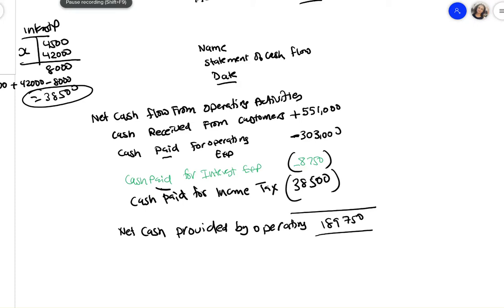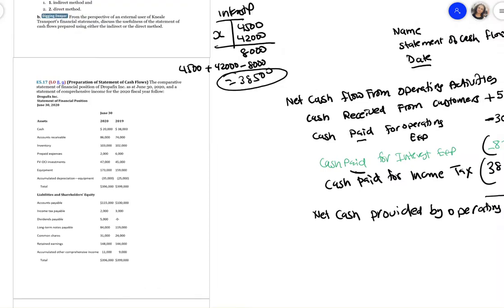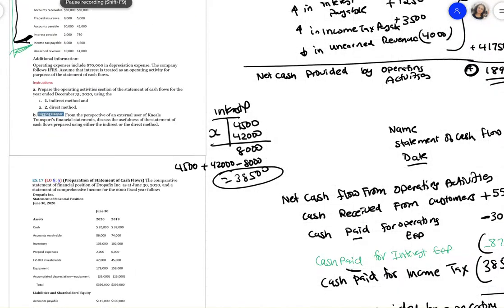So we will get the same number that we used for the direct method or the indirect method. So the answer will be exactly the same however you arrive at it. Now the next part of the question, let's see what the question is asking us to do, which is from the